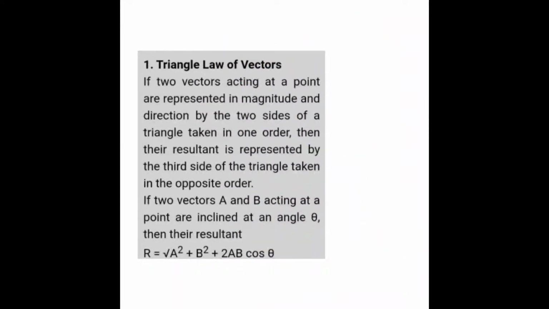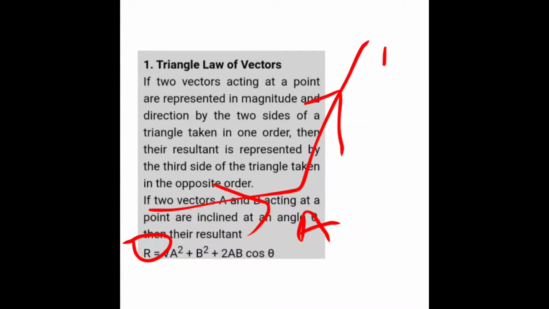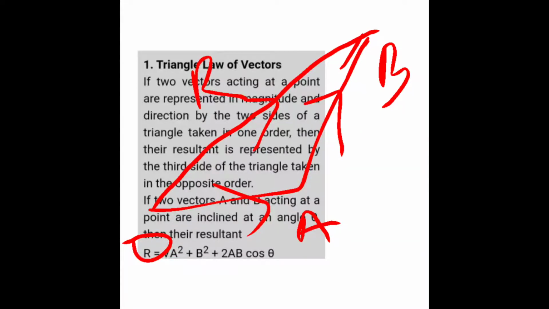Next we have the triangle law of vectors. This is very important, because the questions seem to come from here every time. Now if two vectors are acting in the same order, like for example one vector starts from O, OA, and from A another vector starts, ending at point B. If two vectors are acting in such a way, like the two sides of a triangle, then the third side, which closes that triangle, will act as the resultant. So this is the triangle law of vector addition, or we say the triangle law of vectors.